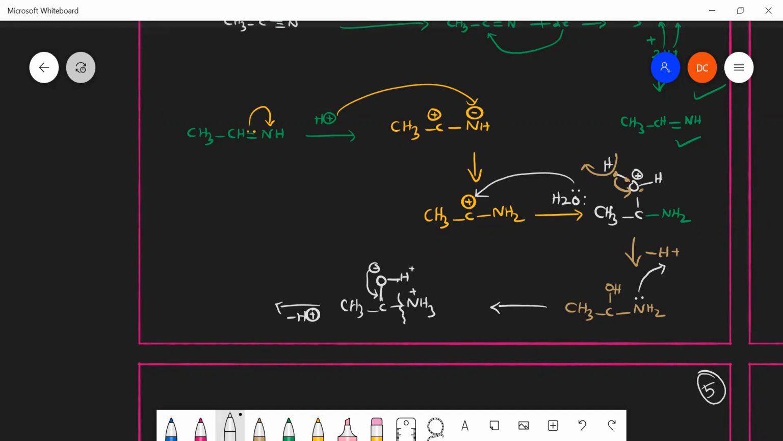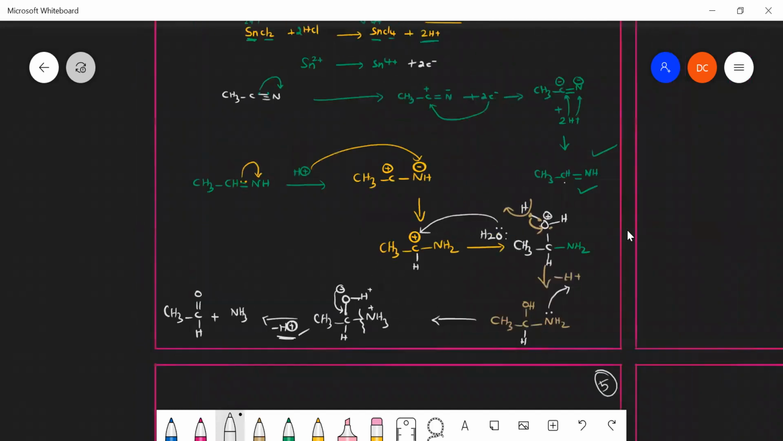So what will be my product? CH3, C, already one H is there. In all the places one H is there. Here we also need this H. So now CH3, C, double bond O, and H, along with NH3. Ammonia is getting left out. Then the acid we initially used is also getting regenerated. This is the reaction mechanism of the